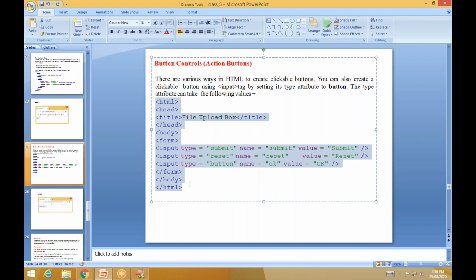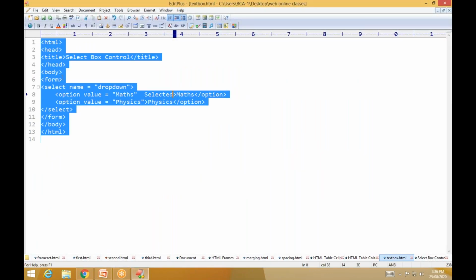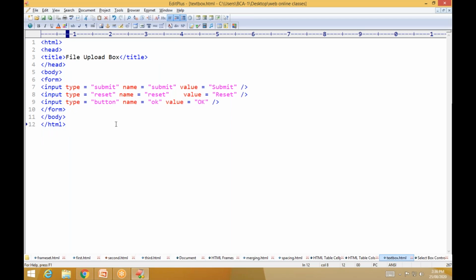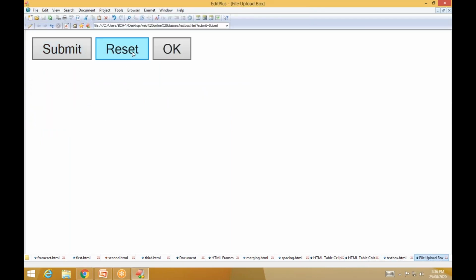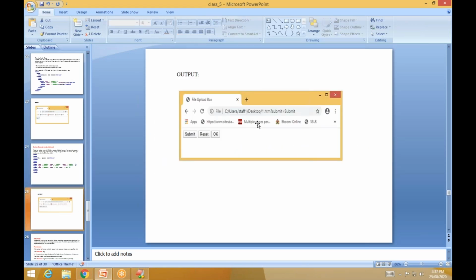Like to copy this one. Okay, edit, select, we save, control. See, now these are the buttons. See, these are clickable buttons. You can say these are the clickable buttons, right? If you want to give us some links, you can provide the link also. Okay, you can provide a link, no problem. So this is what the buttons are like.